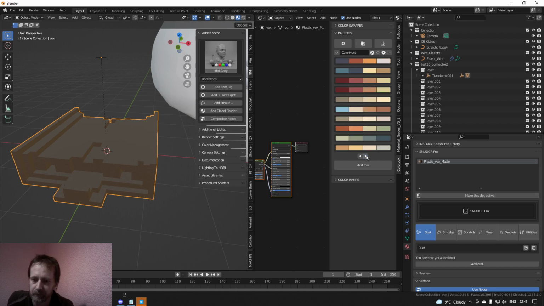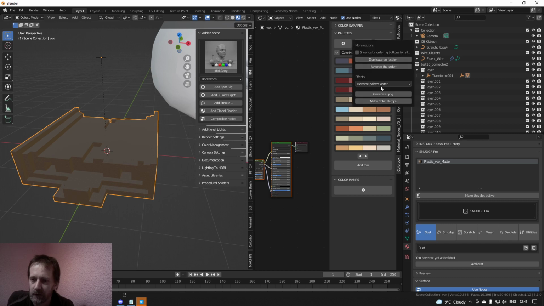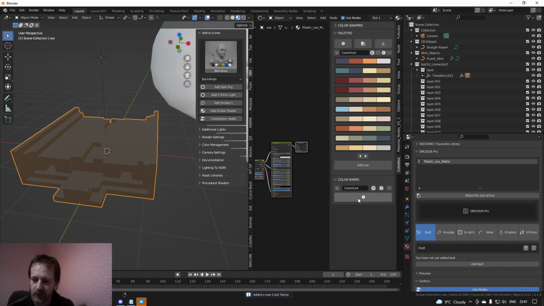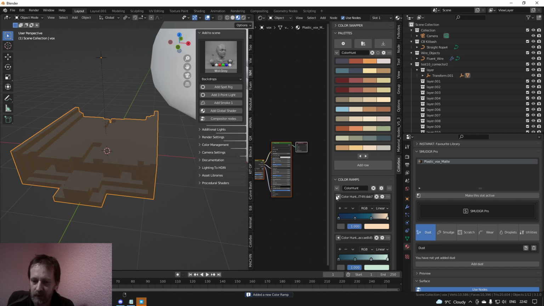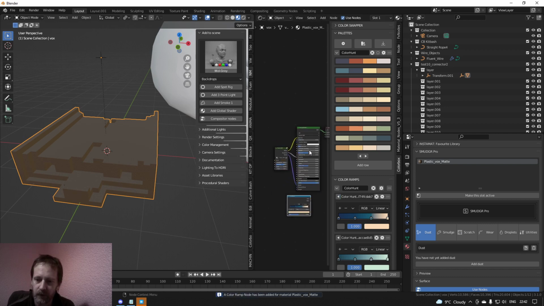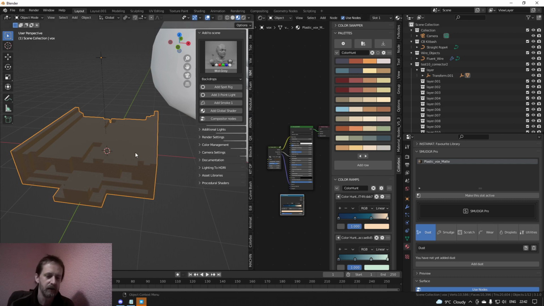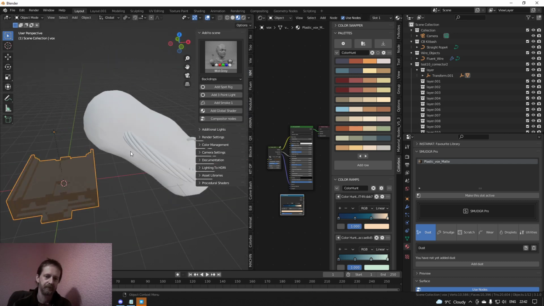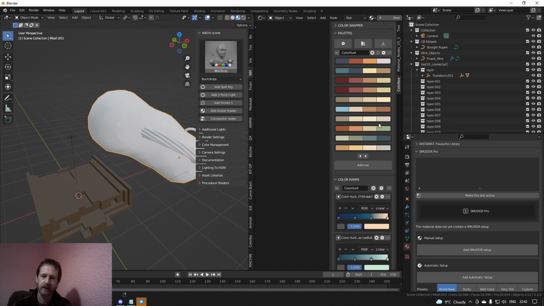Then you can load those, and then you can make color ramps, for example. And you can add those color ramps into your node editor, and it's possible that you have a color scheme like that for your models, and then